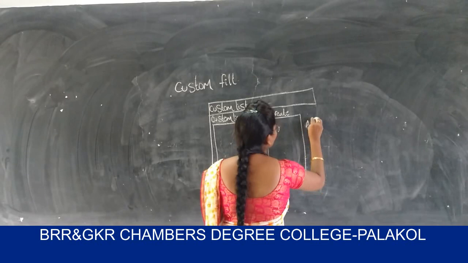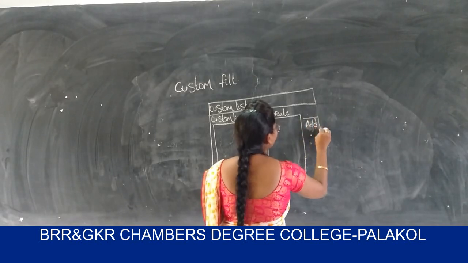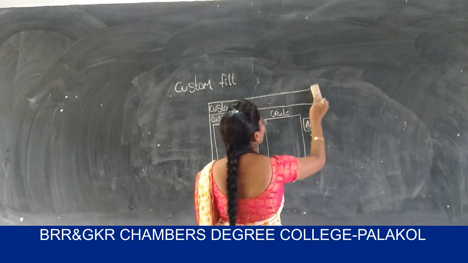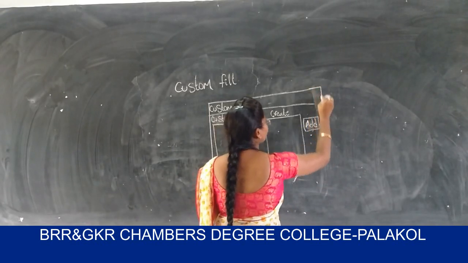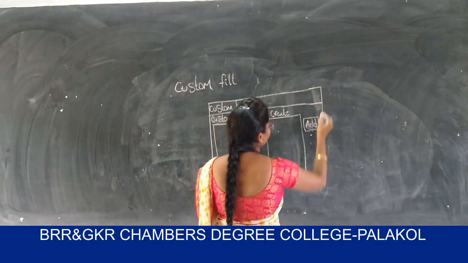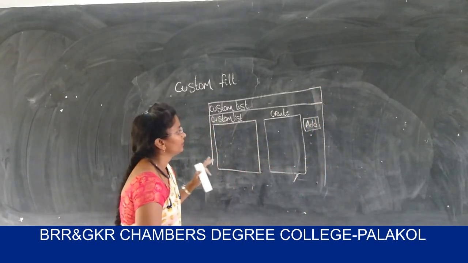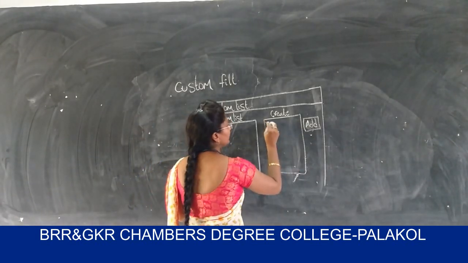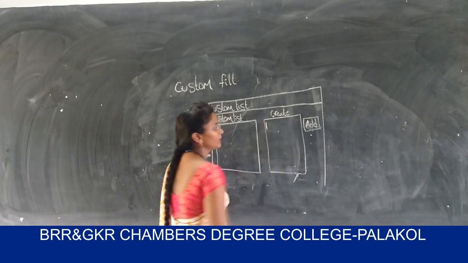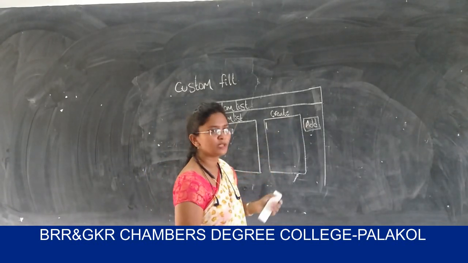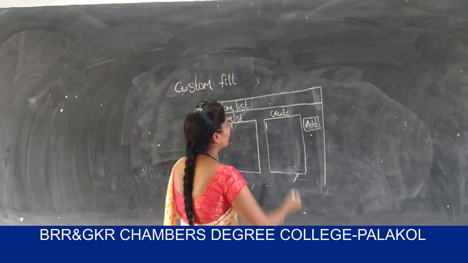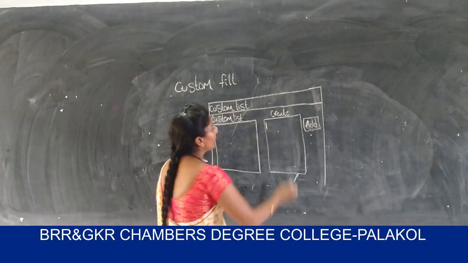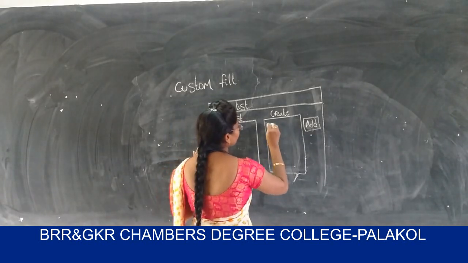Or the Add button will appear at the right hand side. If you click on this Add button, then automatically the cursor will blink in the create section. If the cursor is blinking, then you can write something from your keyboard. I am writing here